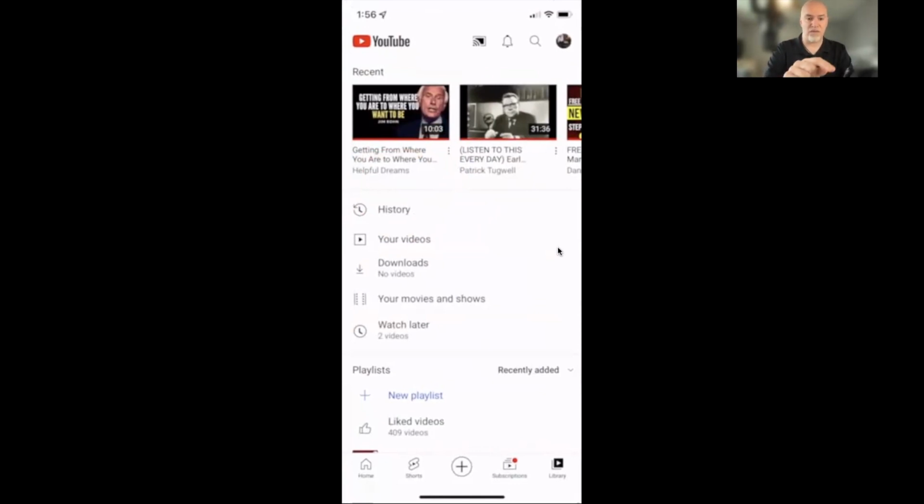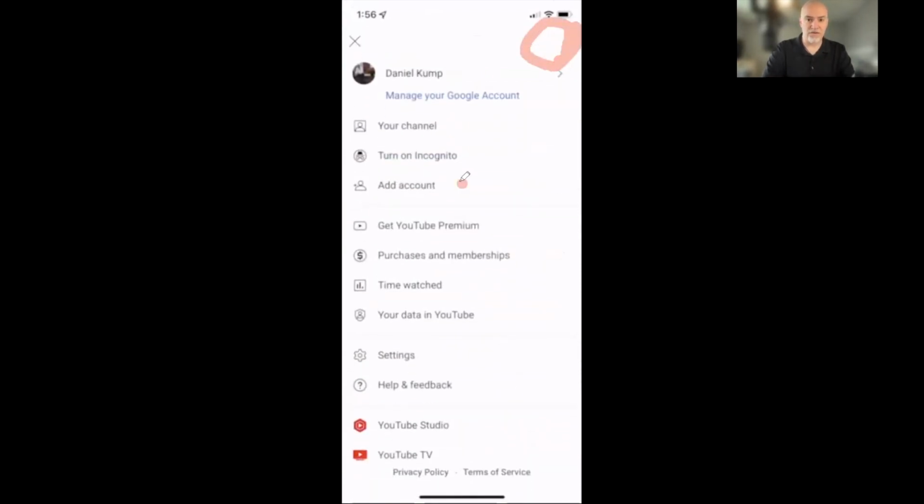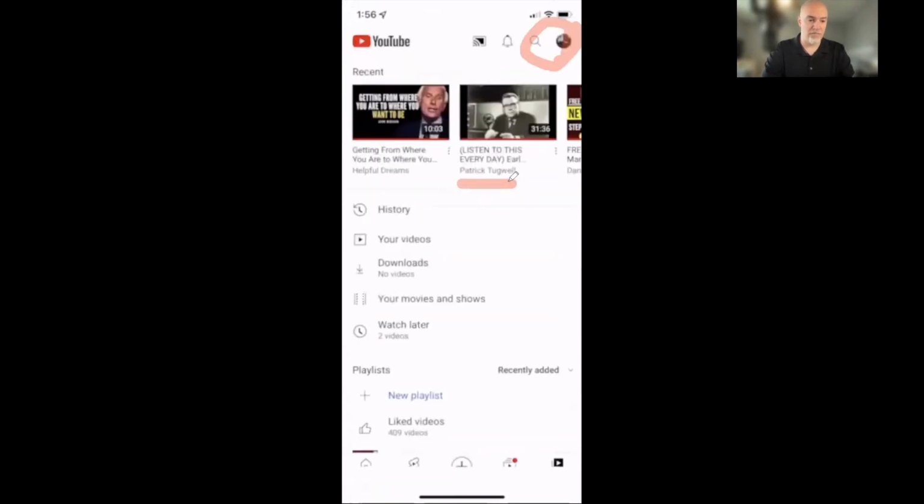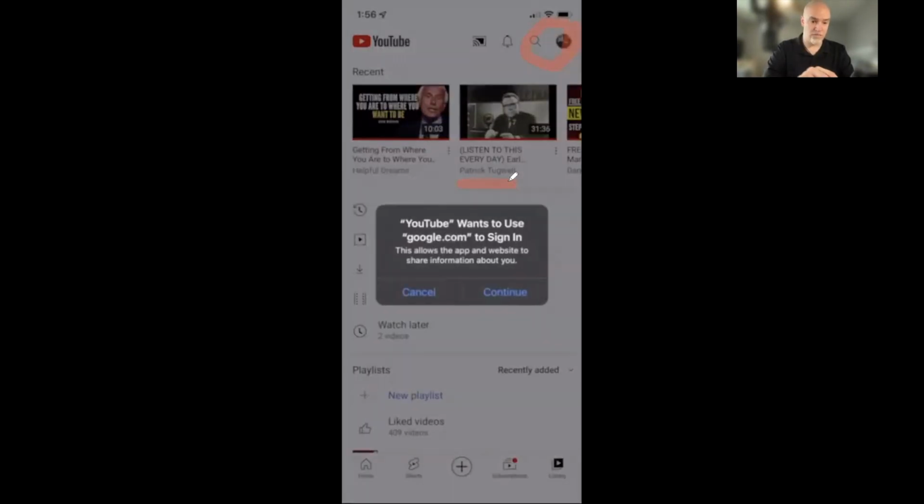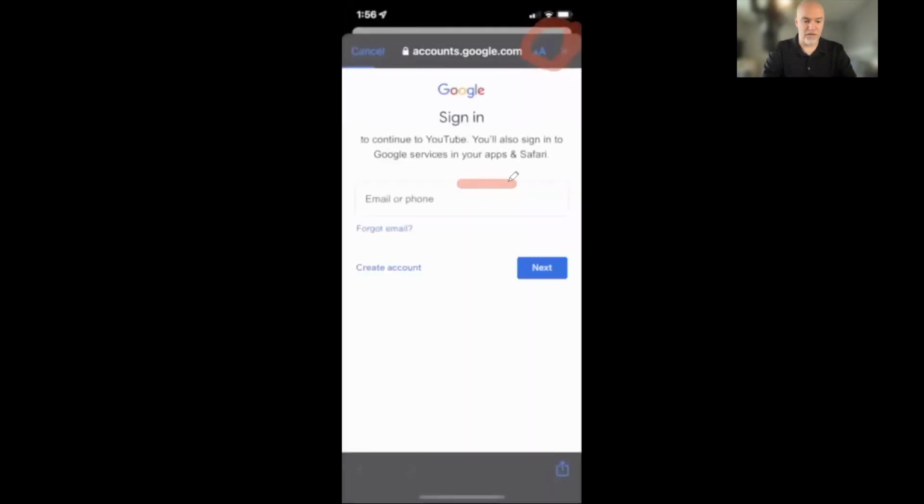So as an example, I'm going to click this little icon up here. Okay. I'm going to click that and we're going to go here to add account. All right, boom. We're going to hit continue. All right, boom. And we're going to go to create account. All right, we're going to enter our